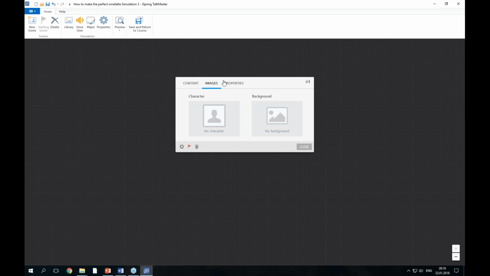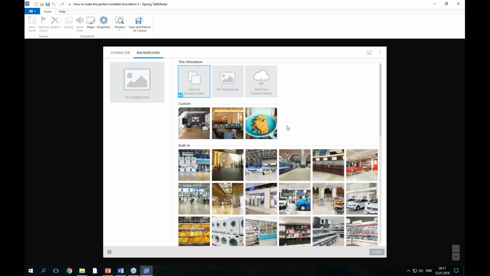There are two ways to add a background image of a restaurant to our simulation. You can add it from the iSpring content library or from a folder on your computer. Let me also quickly show you how you can insert any background from the iSpring content library. However, I want to focus on inserting background images from the dialog simulation folder, so you don't need to repeat these steps after me. So click on the backgrounds image here, this gray area,